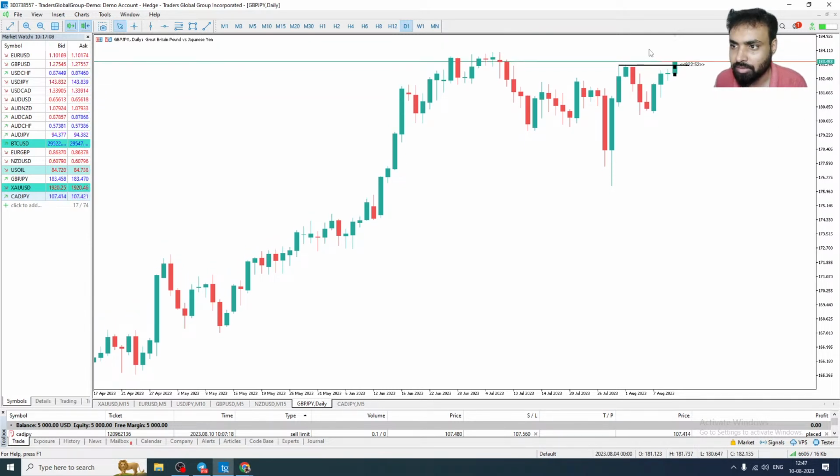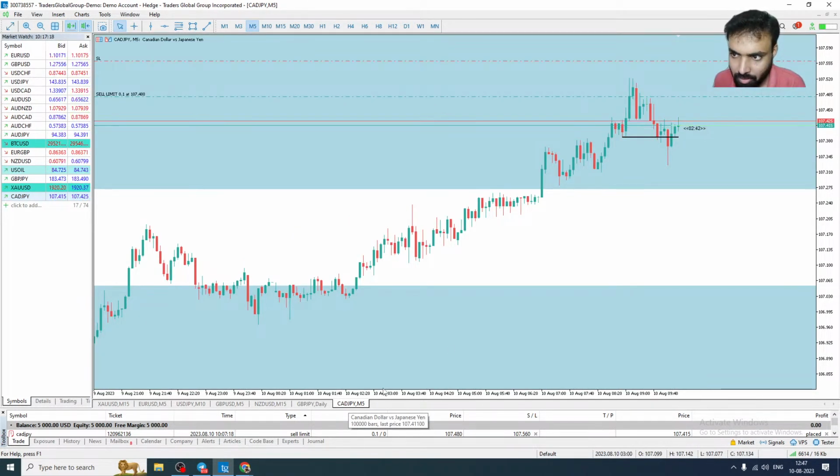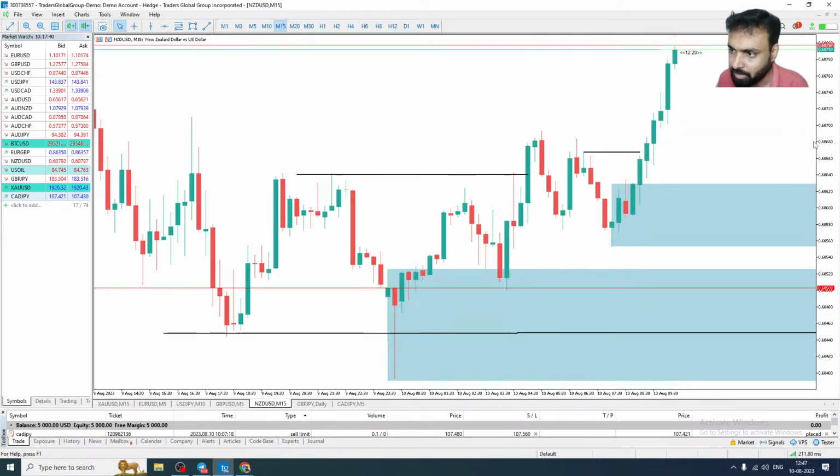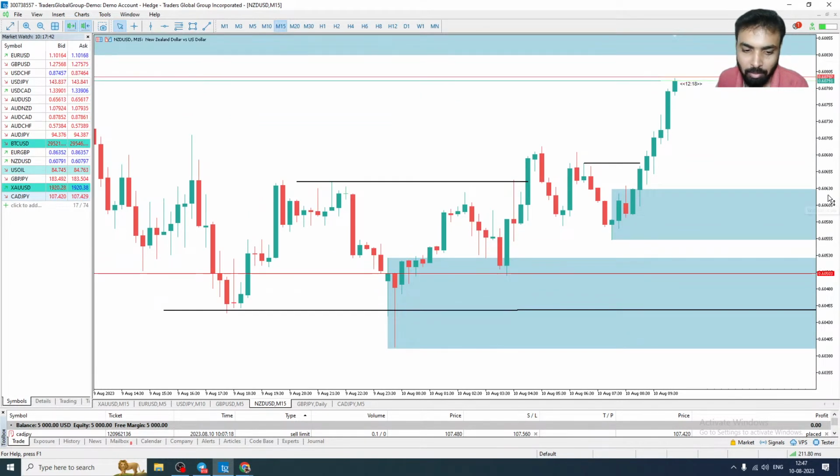Okay, this is going above, right? Maybe it's trying to take this liquidity also. Whatever advanced trades we are placing, I'm going to keep this trade even after our stream ends. Then tomorrow I will share what happened to the trade, whether it gave profit or loss. And XAUUSD, it's flying. So the US dollar is going down, guys.